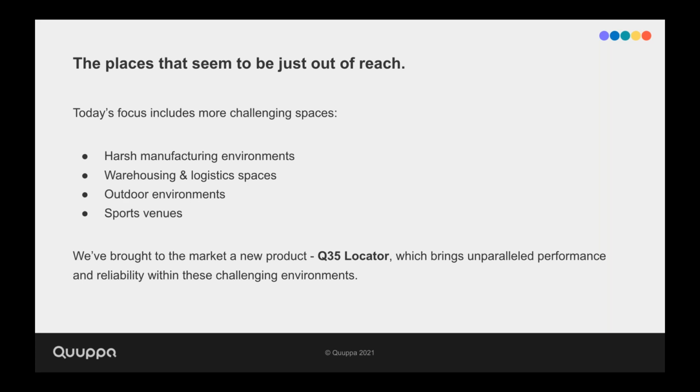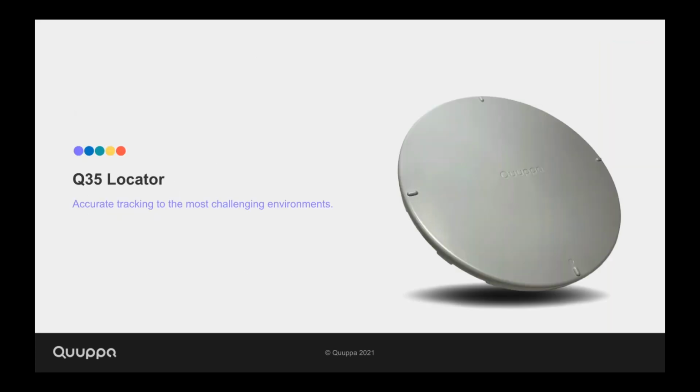So we've brought to market a new product, the Quuppa Q35 Locator, to address these difficulties of tracking in these very challenging environments. We'll go through a few of the key features of the Q35 Locator.